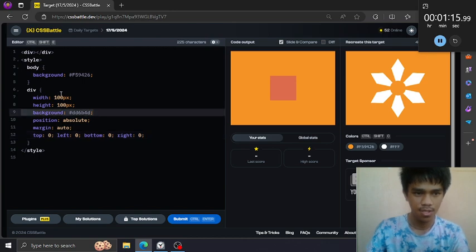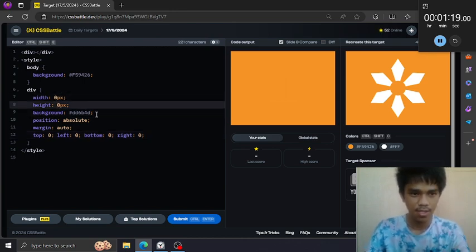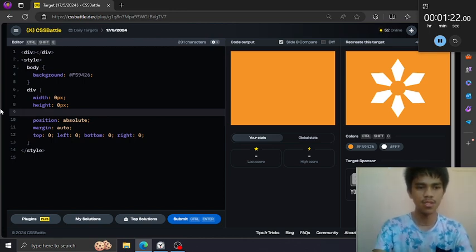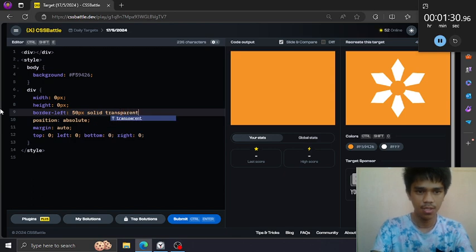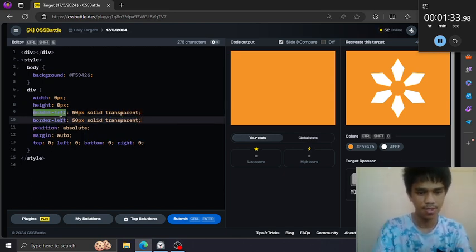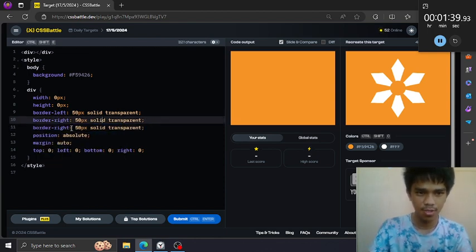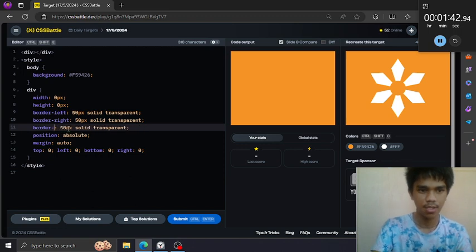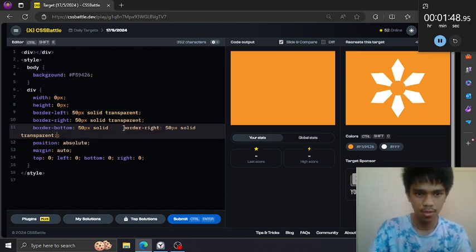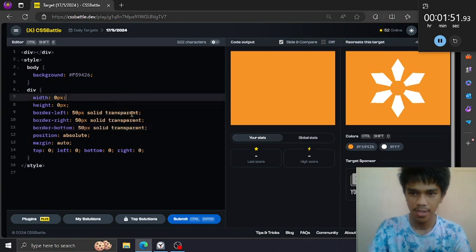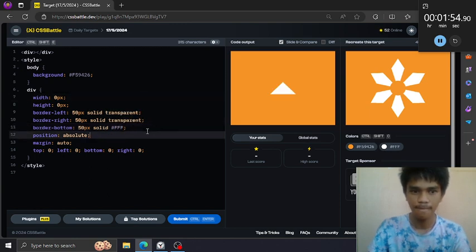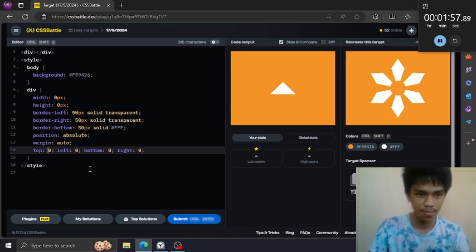To create a triangle, zero size, remove the background, and then border left, 50 pixel, solid transparent. Copy this for the right, and then copy this for the bottom, for the base. We can say that this is a color of white. Then push this to the top.